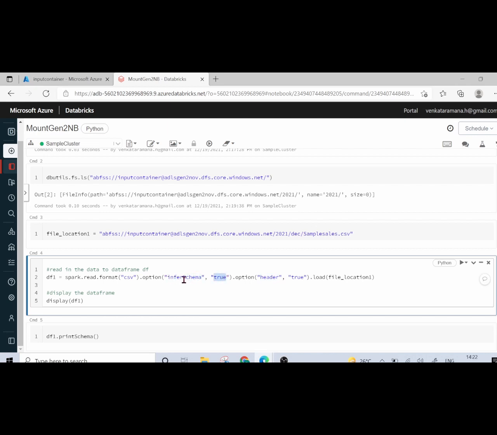What is this inferSchema basically? Inside your data frame, normally if you do not specify this option, by default it will consider everything as string. If you do not want that to happen, and you want your data frame to automatically, based on the values which you are sending inside a column, understand or take the schema at runtime, you'll give this option inferSchema as true.